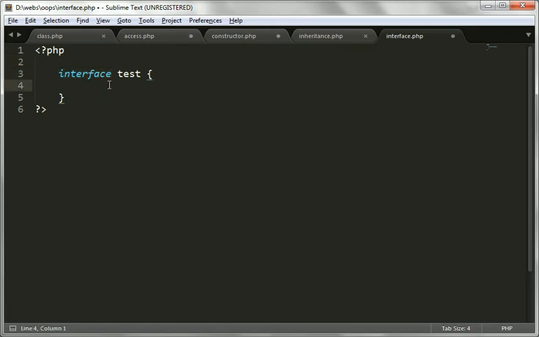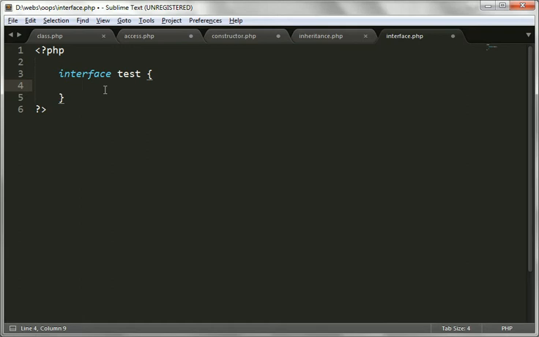Another difference is that a class is a collection of variables and functions, but in an interface you only have to declare functions.